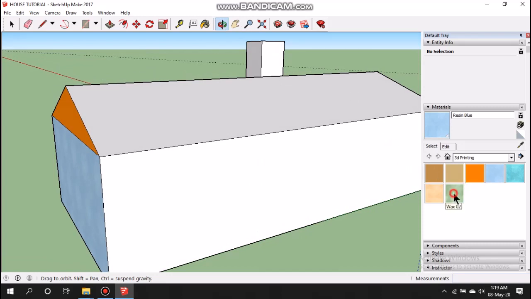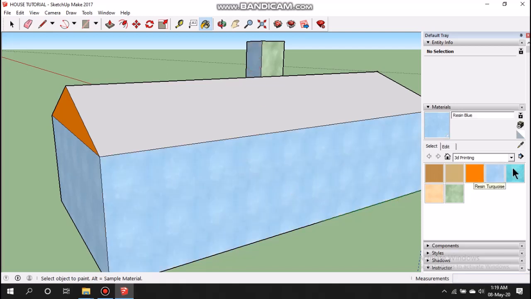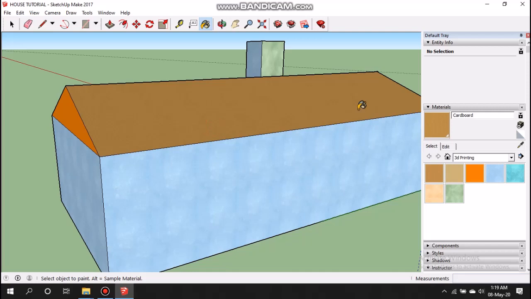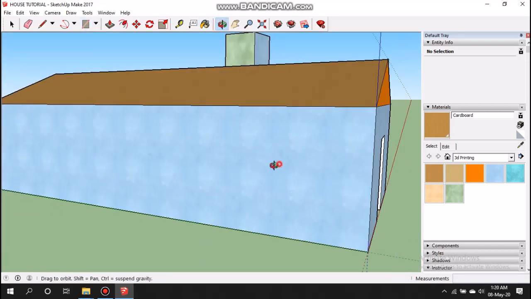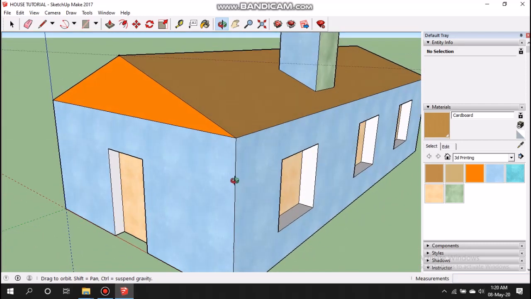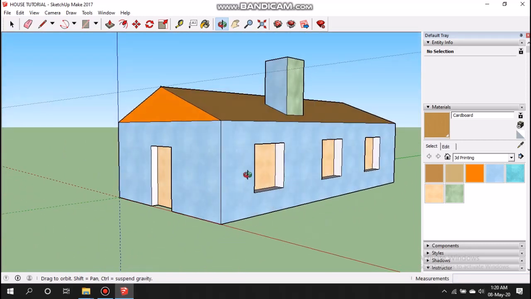This one and this one, and this one also, and now pan this. So your house is ready.